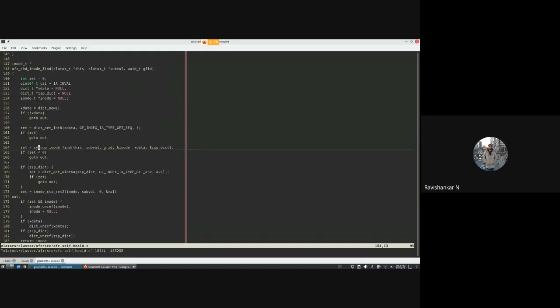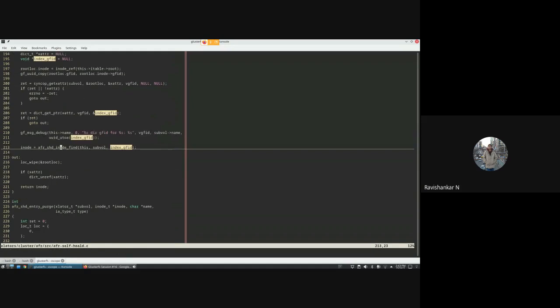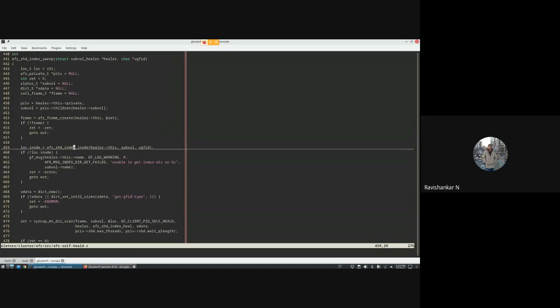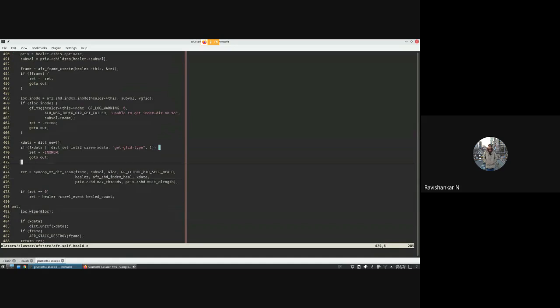Once you get that inode for that virtual GFID corresponding to the index folder, you go back to the calling function, and then we have the inode, we have all the details required to scan that directory. So it calls syncop mt dir scan. MT is for multi-threaded dir scan.